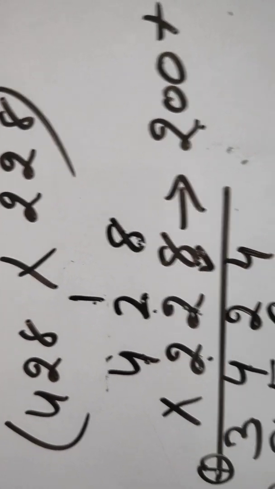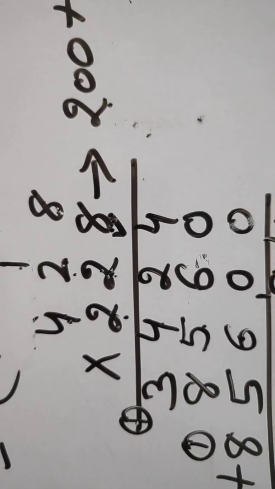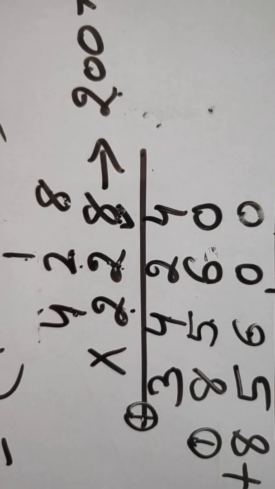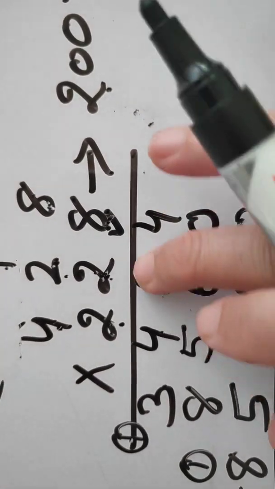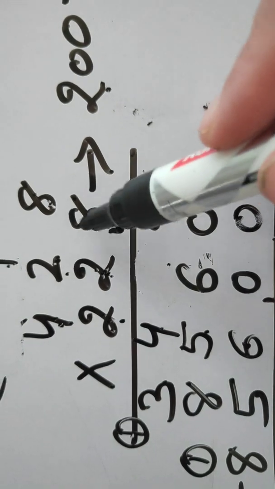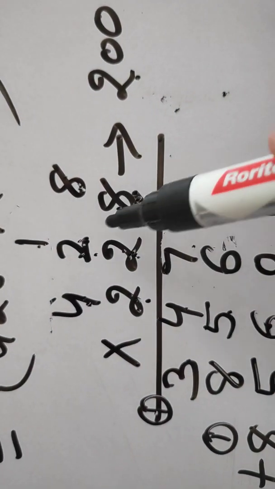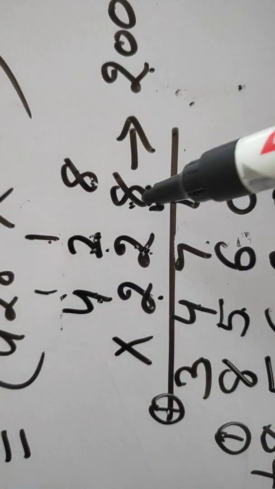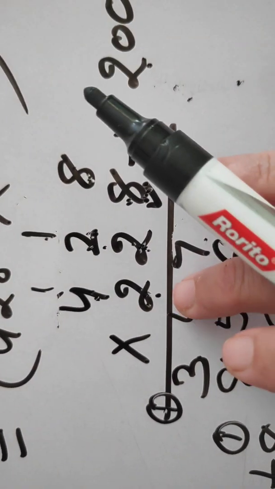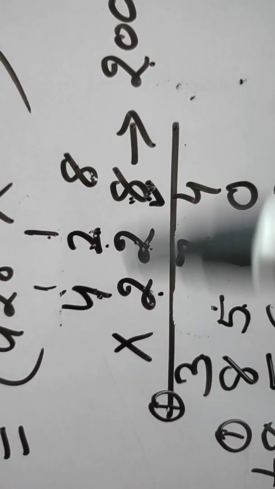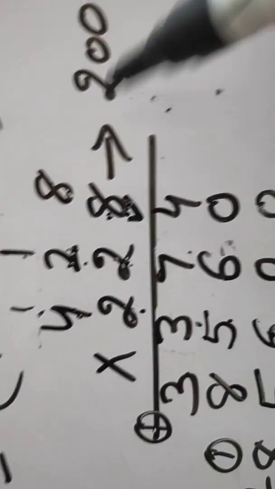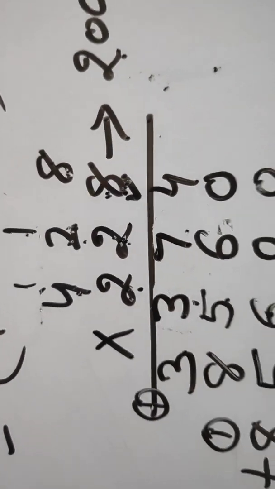428 when we multiply by this, 8 8s are 64. 1 goes as a carry. 8 2s are 16 and 1 is 17. It was 7 here in the first step. 8 2s are 16, 1 is 17. So 1 goes as a carry. 8 4s are 32 and 1 it becomes 33. So in the first step there was some mistake.